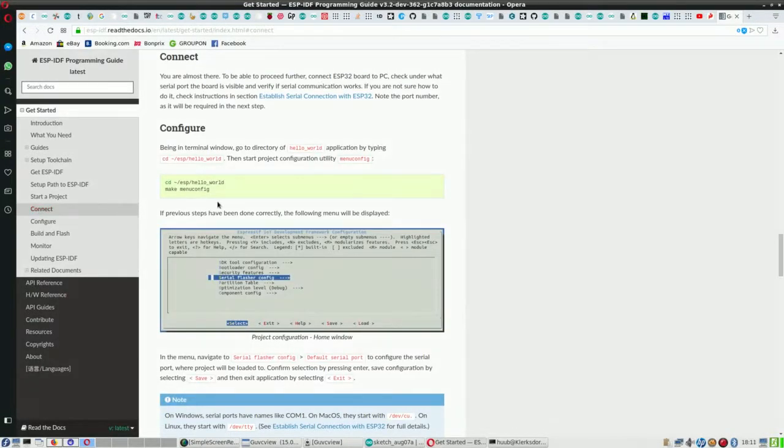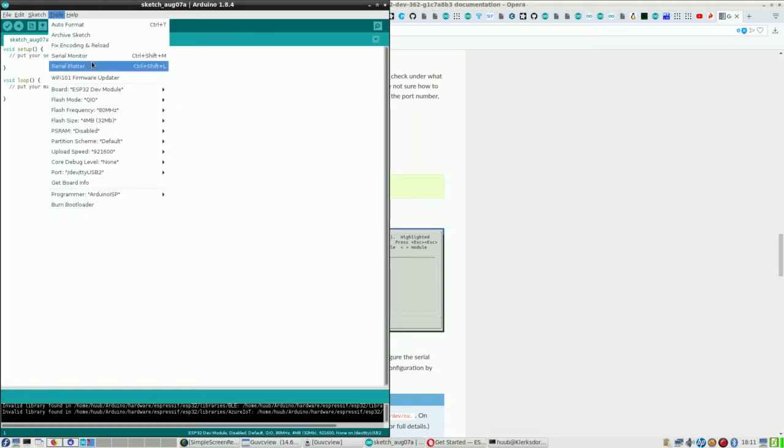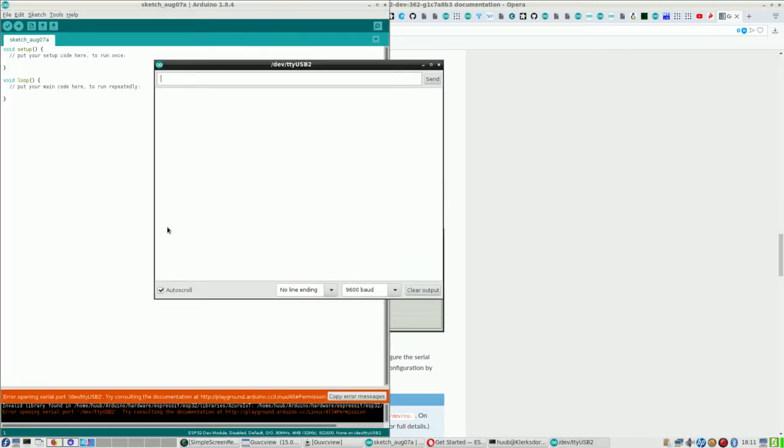I want to connect the ESP32 board to PC. Serial port, well, that's TTY USB 2. Verify if serial communication works. Okay, so let's verify serial communication. That may be true for